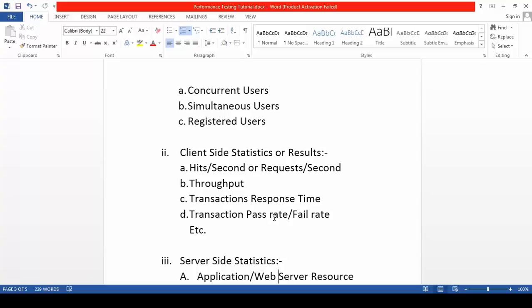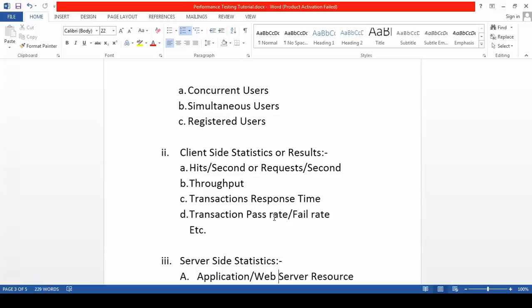The number of hits or number of HTTP requests that are going from client to server. Now the server can be a web server, or it can be an application server. I will go into much more detail about hits per second and requests per second later. There is a bit of difference between hits and requests. These things are not the same, but for now let's just consider the definition. How many HTTP requests are going to the server in 1 second? That is the requests per second.